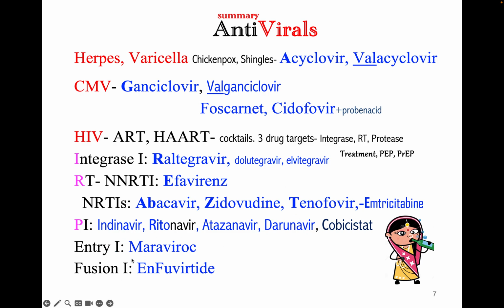And last two drugs. Okay, so entry inhibitors. The drug name is Maraviroc. This one is also called a chemokine receptor antagonist. Okay, so how does this drug work? It inhibits entry of the virus into human T cells. Therefore, this drug binds onto CCR5 receptors of CD4 T cells. Okay, so T cell receptors, that's where it is going to bind, so that it prevents entry of